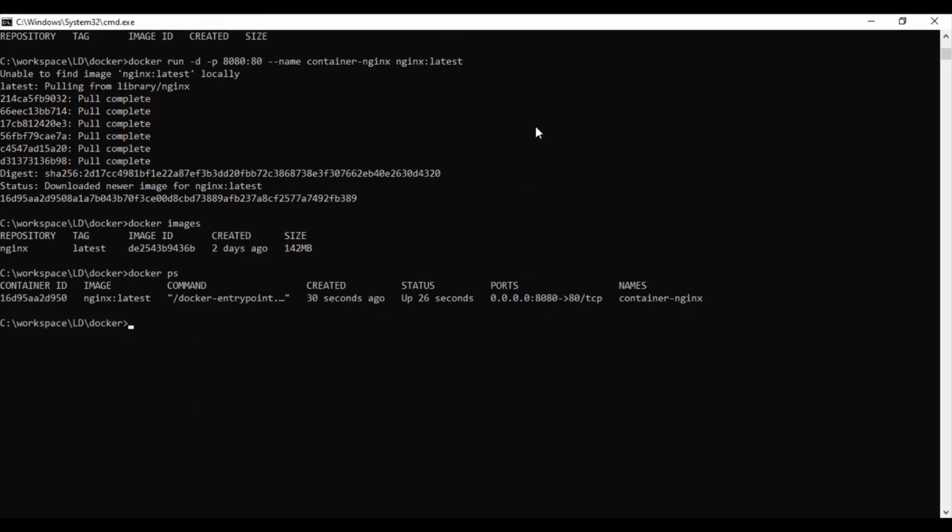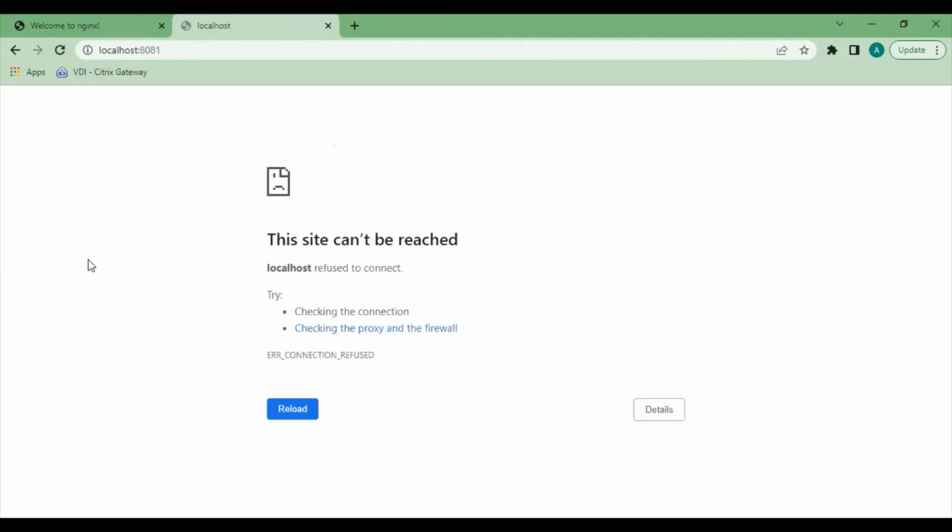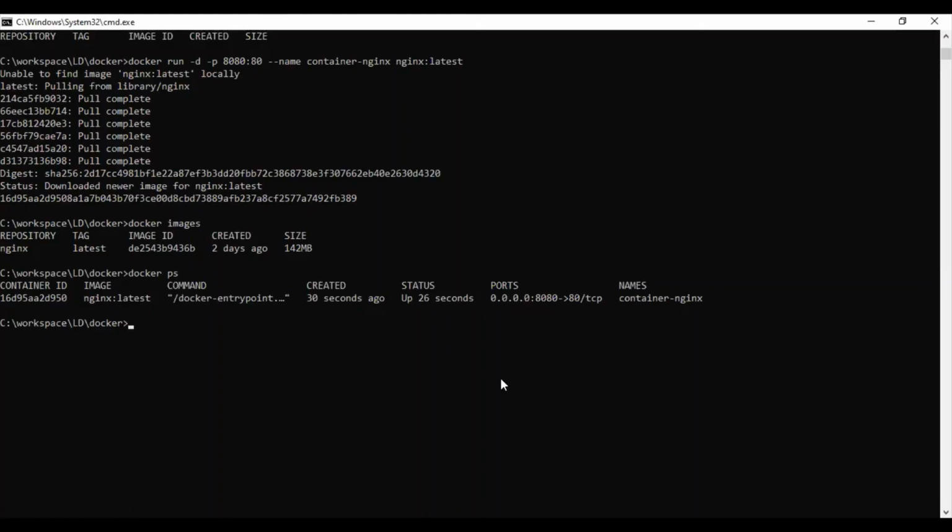Okay, so let's open the browser once again and check if it's running or not. Let's refresh the page. Yeah, it's working. And the next one is 8081. We already removed this container, so it should not work. Yes, it's not working. So I think we learned some useful and basic Docker commands,